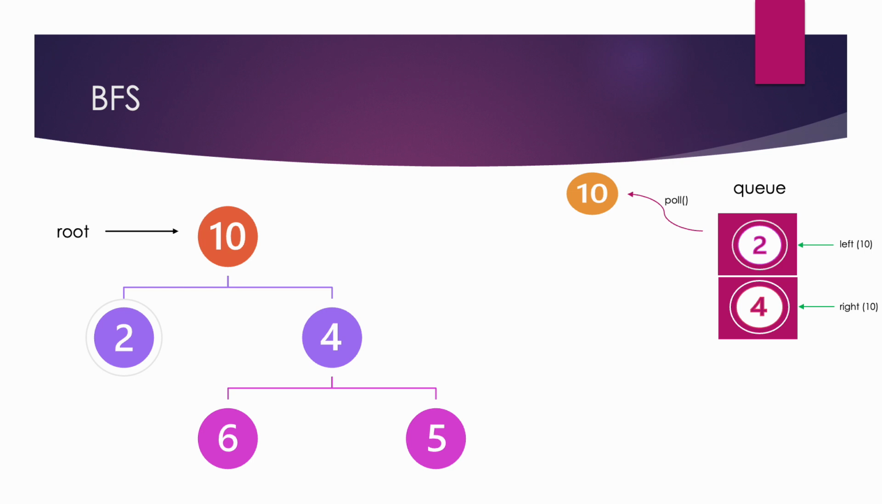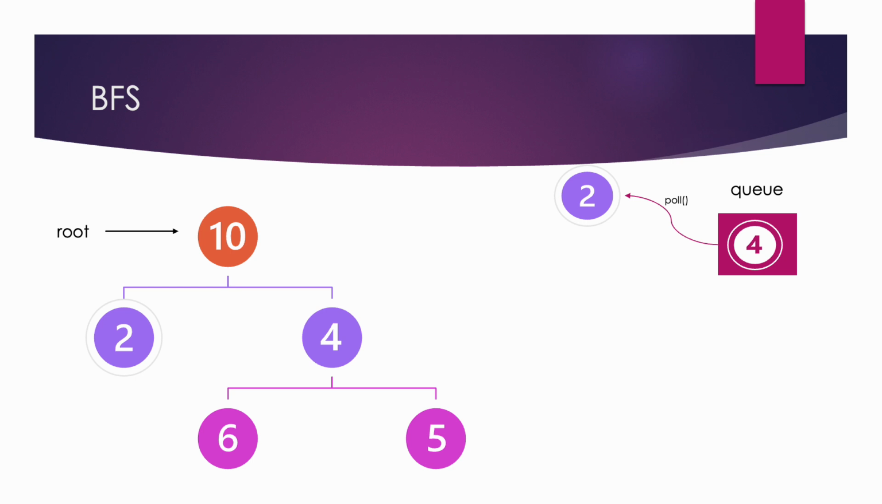In the next iteration we will poll from the queue again. This time it is 2. We are going to check if 2 has a left child. It's not true. 2's left child points to null, so we have nothing to add to the queue. Then we check if 2 has a right child. If yes, we'll add it to the queue, but in this case we don't have a right child for 2, so we are going to add nothing to the queue. Moving on,